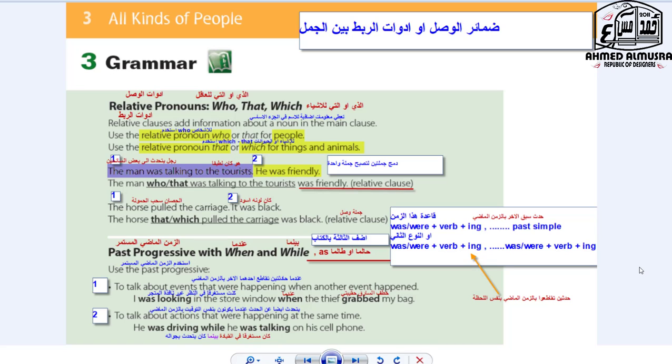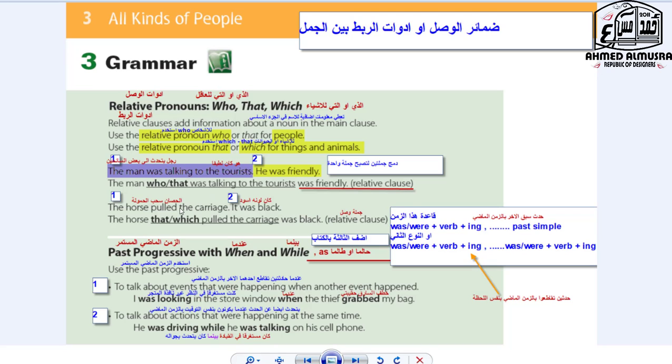Obviously, we will talk about grammar out of Unit 3, all kinds of people. So I'm going to talk about relative clauses using who, that, which, when, and where. Also, we have something else here which is missing. Besides that,